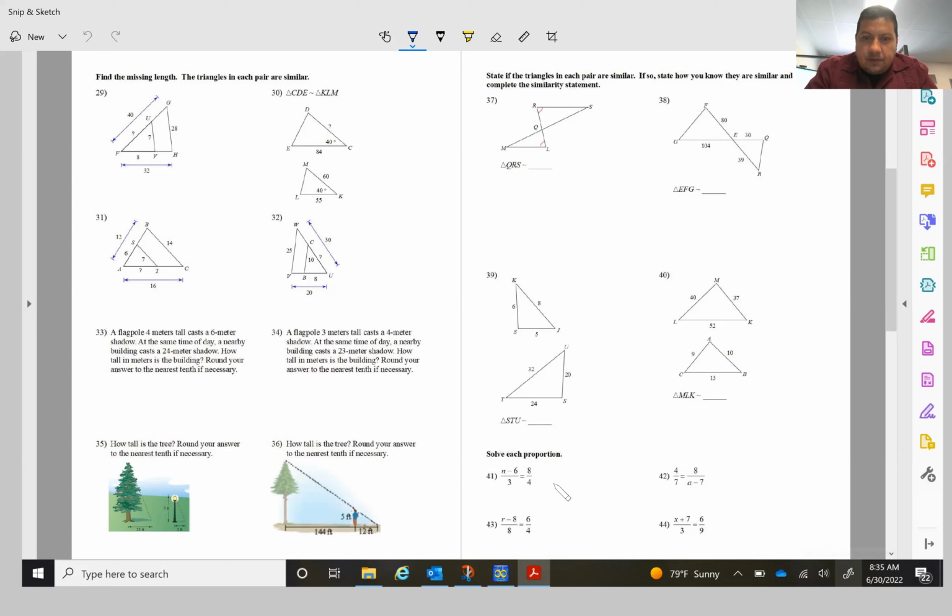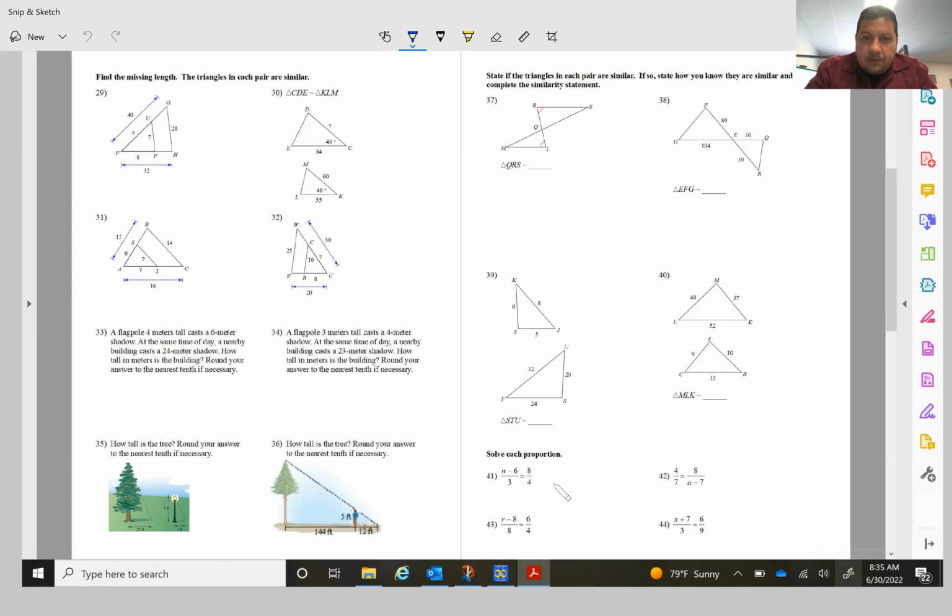Then I'm just going to cross multiply. 4 times x gives me 4x. 23 times 3 is equal to 69. Let me divide both sides by 4. Then I see that x happens to be